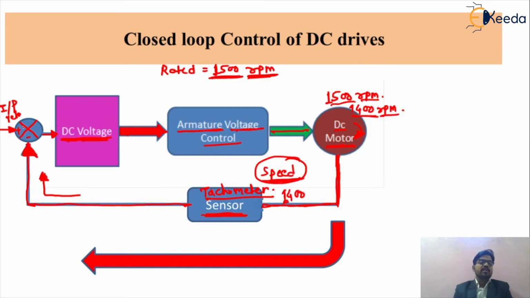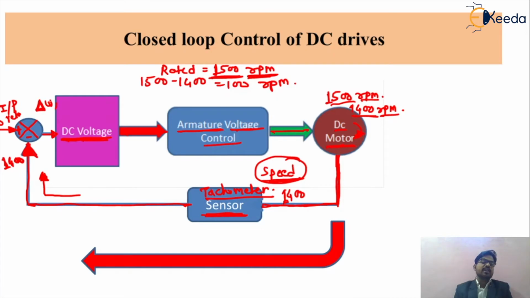So this will be the input speed of your motor that we are giving, basically 1500. The sensed speed now will be 1400. This is the summing point, which is called the comparator. What will the comparator do? It will compare the signals. This will be positive, this will be negative. So 1500 minus 1400 will give you the error signal of 100 rpm. So this automation will create an error signal of that particular speed.